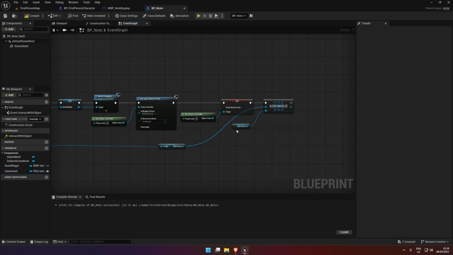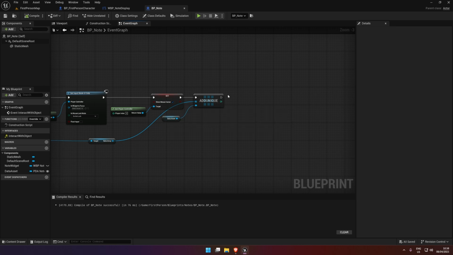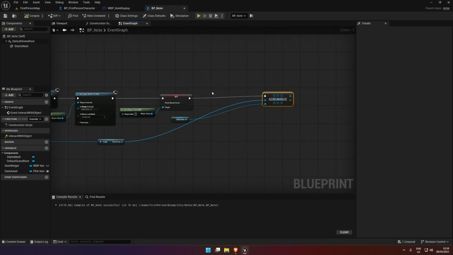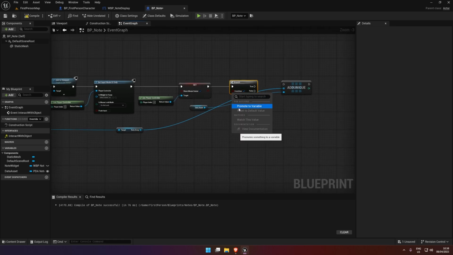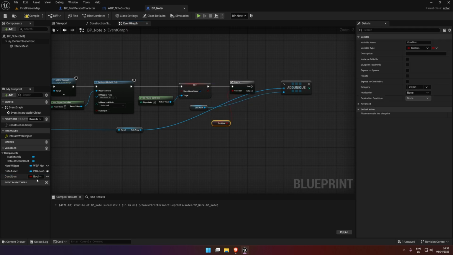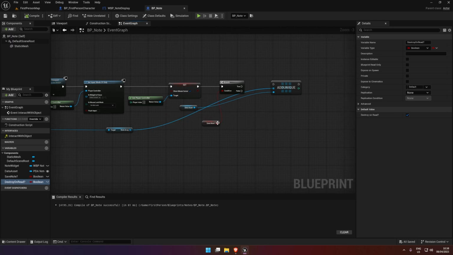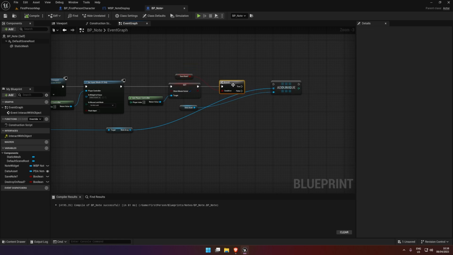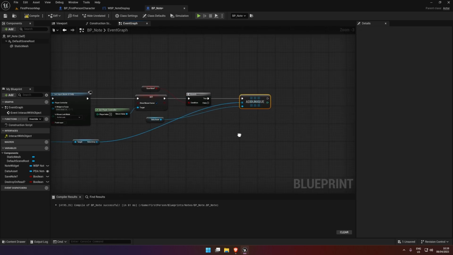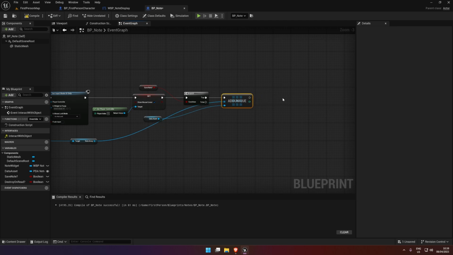What we can do then is we could do a branch here, and we could say the condition, we will just promote to a variable. We can say save note, question mark. And another one could be destroy on read. So we can say save note, if true, do this. And then another branch, destroy on read,